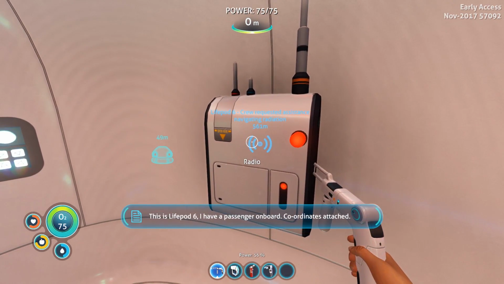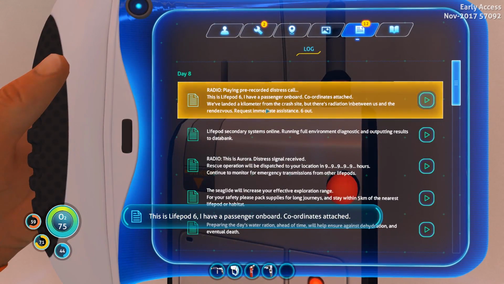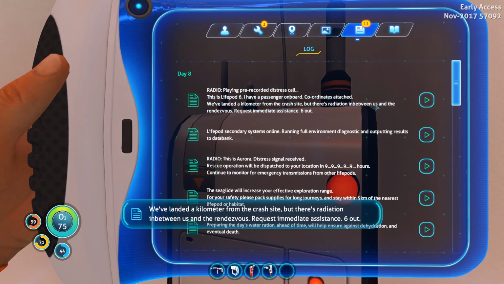This is Lifepod 6. I have a passenger on board. Coordinates attached. We've landed a kilometer from the crash site, but there's radiation in...